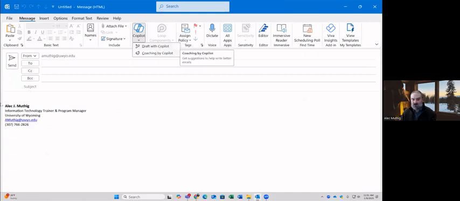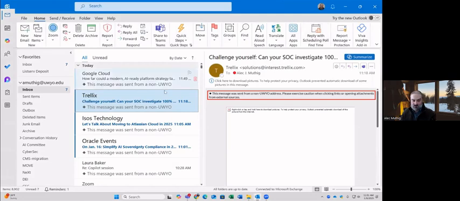Or I could ask for coaching. I could write a message and ask Copilot to analyze my message. And it'll tell me maybe I'm not being as clear or as empathic or as friendly as I need to be. I'm being a little short with my email. And it says, you might try this. So this is actually super useful in drafting and reviewing the emails you're going to send. Really like that.